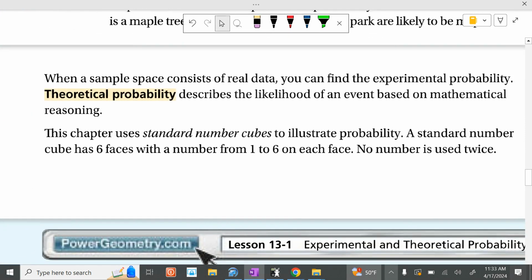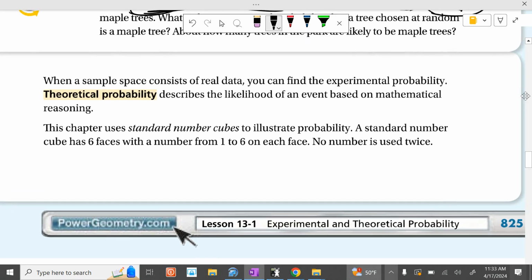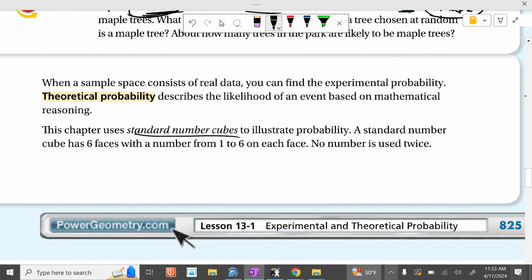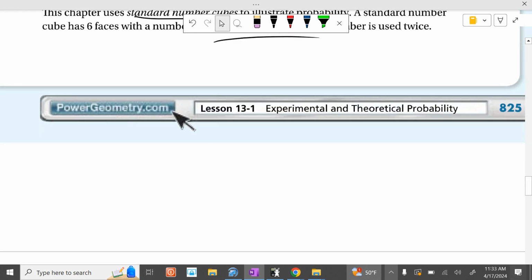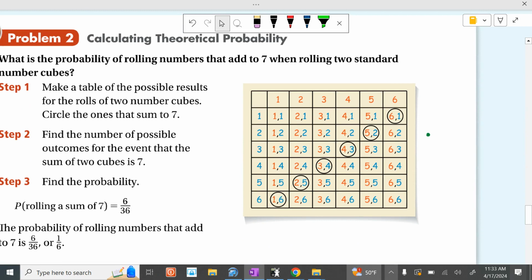Now, theoretical probability is using math to determine the probability of something happening. Like a die. A standard number cube is a die. Okay? 1 through 6. No number is used twice. So the experimental probability is, if you roll it once, you've got 1 chance to roll a 1, 1 chance to roll a 2, 1 chance to roll a 3, 1 chance to roll a 4, 1 chance to roll a 5, and 1 chance to roll a 6. Now, if you roll 2 of them,